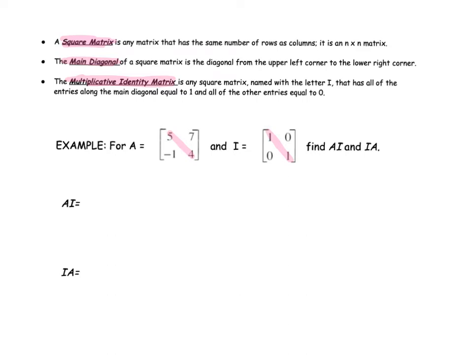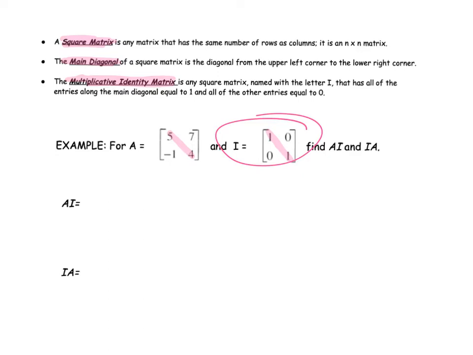And really the importance of an identity is that, when we're working with numbers or matrices or anything, it's something I can add, subtract, or multiply to get back to the number I started with. So for example, with multiplication of integers, 1 is an identity because I can take any number times 1 and get that number back. So here with our matrices,